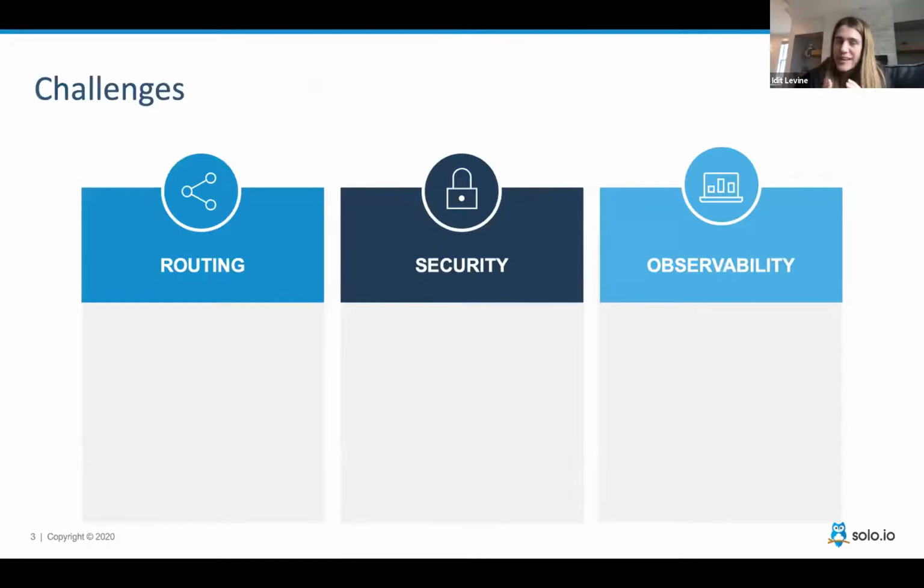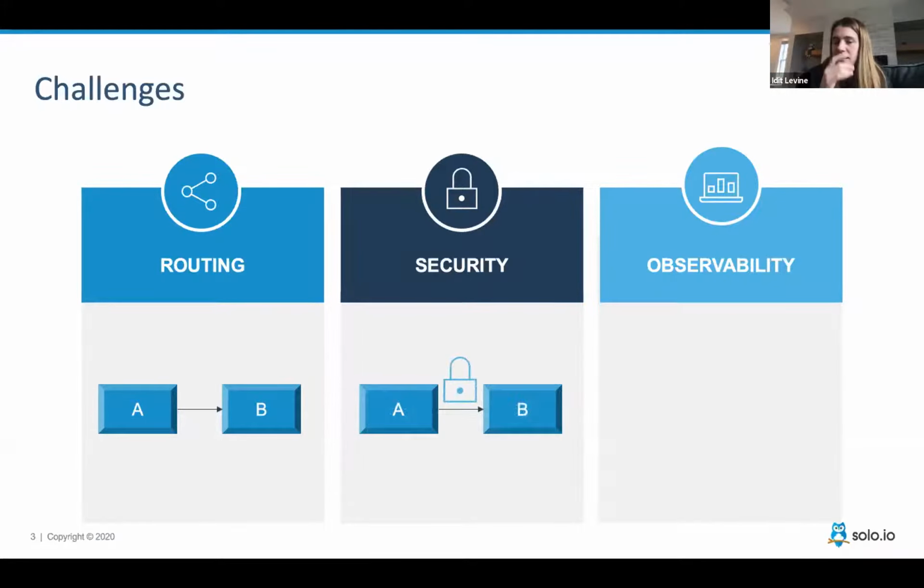So let's understand what the challenges are. First of all is routing, very simple. Now I need those two to communicate. They're distributed, which means they are not the same binary. Somehow we need to make sure it works, which means it's going to go over the wire. The second thing: if they are communicating over the wire, we need to make sure it's really, really secure, because potentially some third party can interject in between and make a lot of mess.